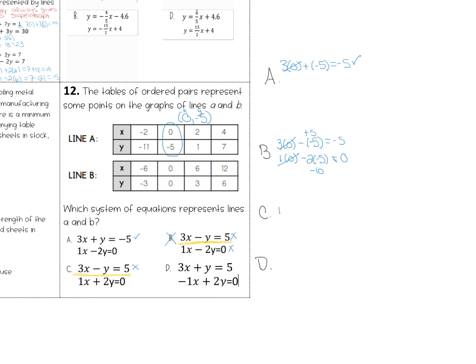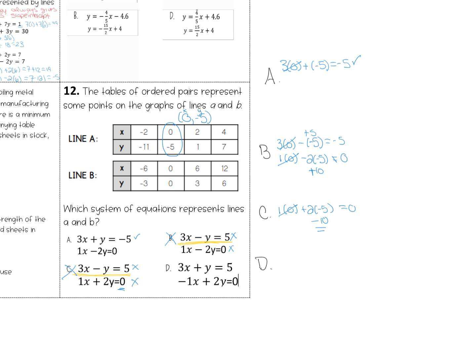So for letter C, I have 1 times x, which is 0, plus 2 times negative 5. 1 times 0 is 0. 2 times negative 5 is negative, oh, up here it's a positive 10, sorry. Negative 10. This was supposed to equal 0, but it says negative 10. So we know it's not C either because it didn't work in either one. And if you look at letter D, D doesn't have any equations that are exactly the same, so